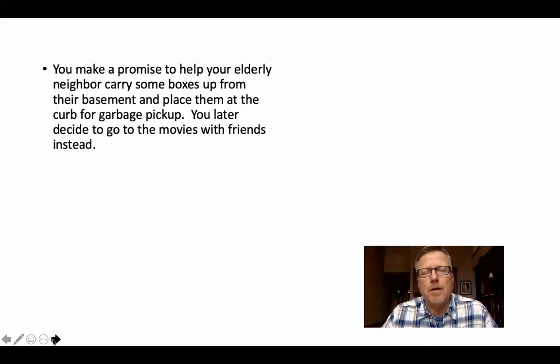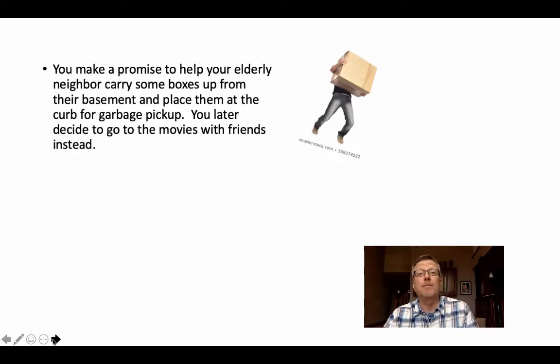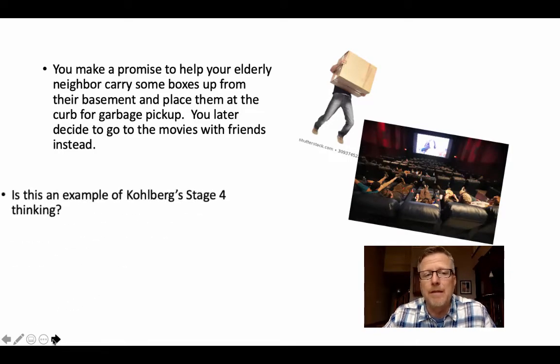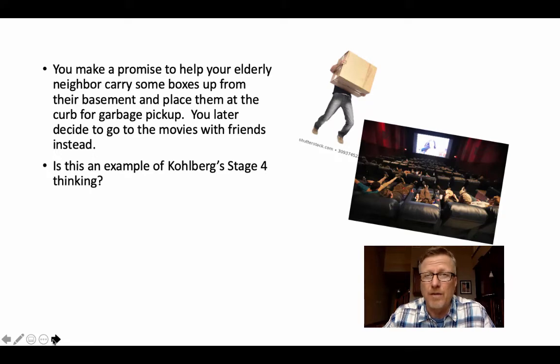So if we look at an example, suppose you promise to help an elderly neighbor carry some heavy boxes up from their basement, and you can put them at the curb for garbage pickup, but you later decide to go to the movies instead with your friends. Is this an example of Kohlberg stage 4 thinking? You should think to yourself, maybe pause for 10 seconds here, why or why not? If you can do that, you probably have a pretty good grasp. I'm not going to pause here, so if you pause,